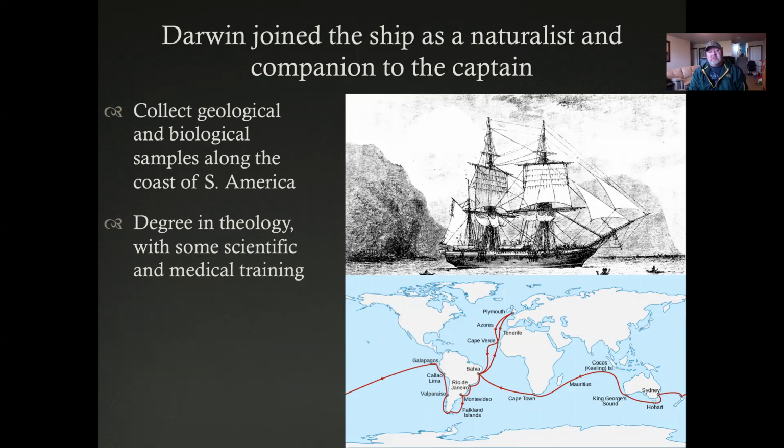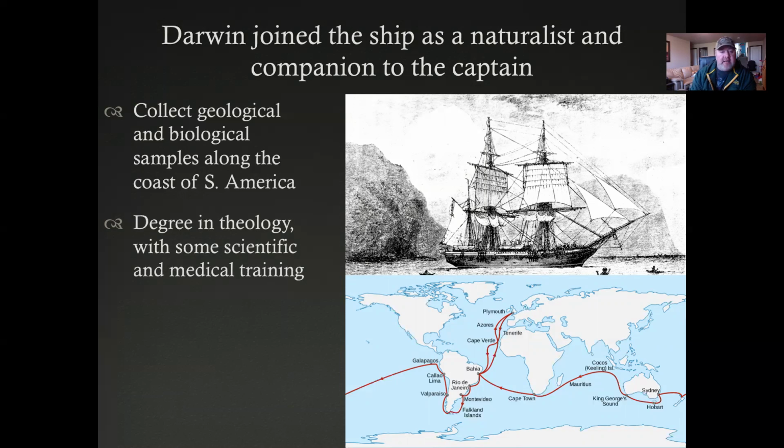So he joined the ship as the ship's naturalist. It took off from England, made its way down around the southern part of South America to the Galapagos Islands. And when you think about Charles Darwin and the trip that he took on the HMS Beagle, that's what we really mostly think about: his time spent in the Galapagos. But he was making comparisons about things that he saw all around the world. It wasn't just things that he noticed about nature in the Galapagos Islands. We'll talk about why the Galapagos were particularly important in a little bit here.